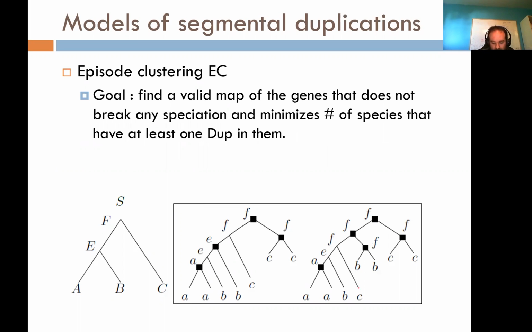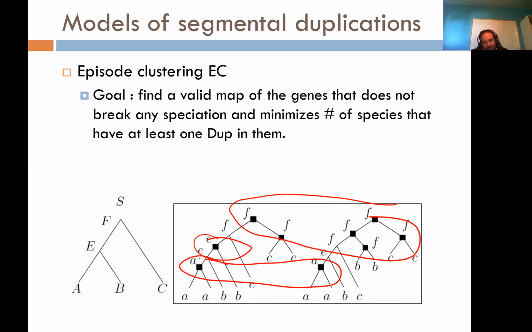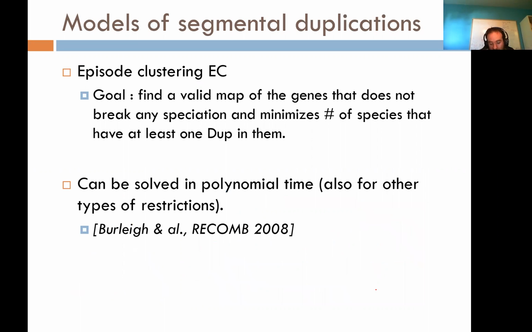So on this example, you could do something like that, and you would only get 1, 2, and 3 things that we would call segmental duplications. So this is the episode clustering. We call it episode clustering because you cluster episodes into a single event. And this can be solved in polynomial time with this restriction, and also for other types of restriction that I won't discuss here. And I won't present the algorithm,